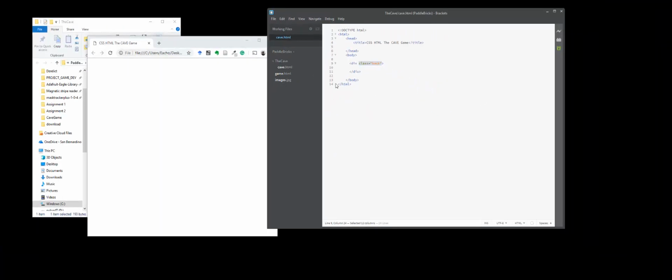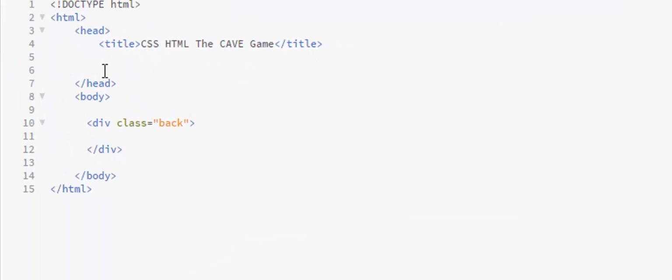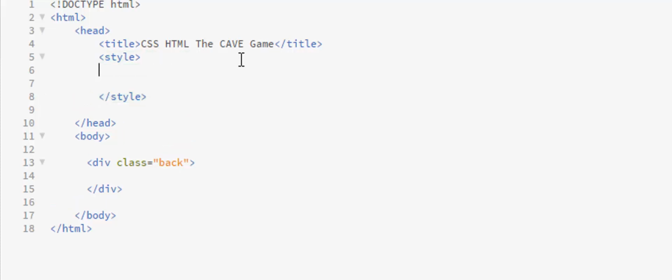Now, speaking of CSS, let's go ahead and put some CSS in here. And we already know, as I said before, where the CSS goes. We can put the CSS right here in the head. The way we do that is we make another tag called style. Not all caps. And then I'm going to close the style tag. And now whatever I put in between the style tag will actually work within the context of my